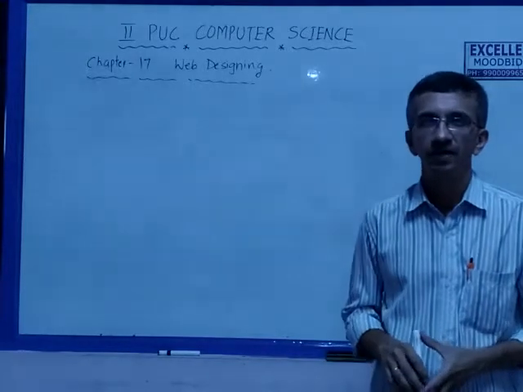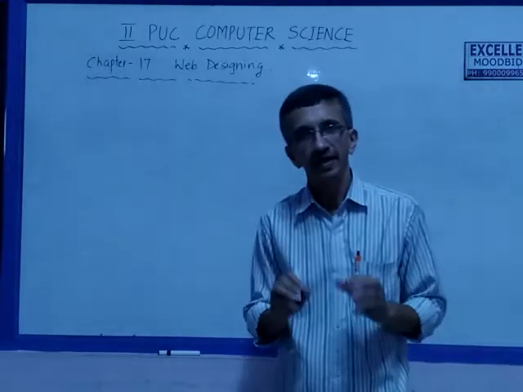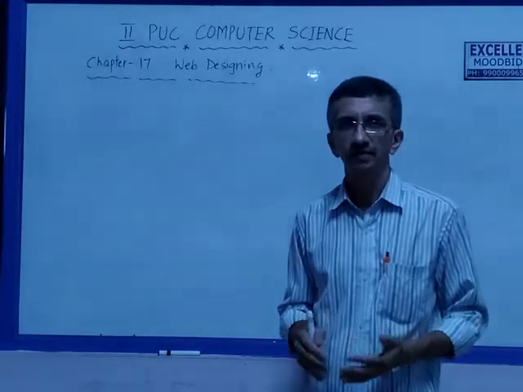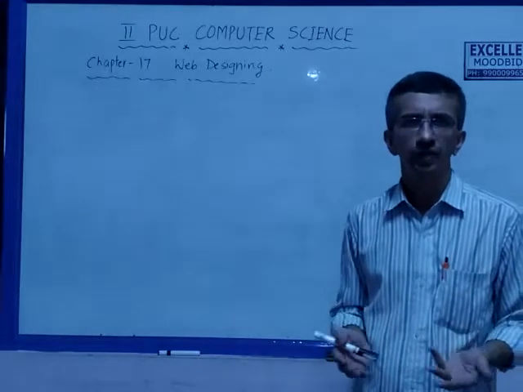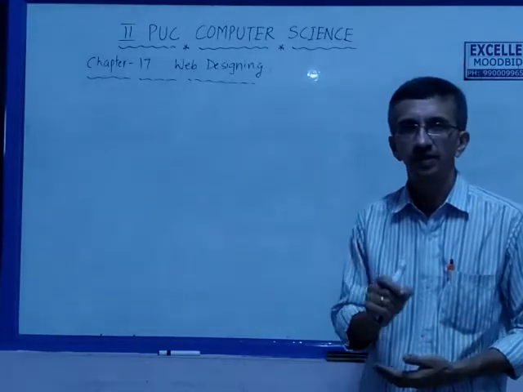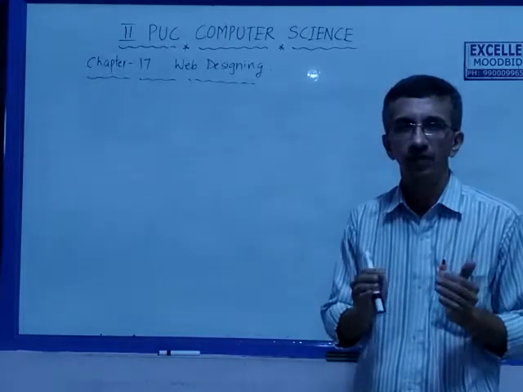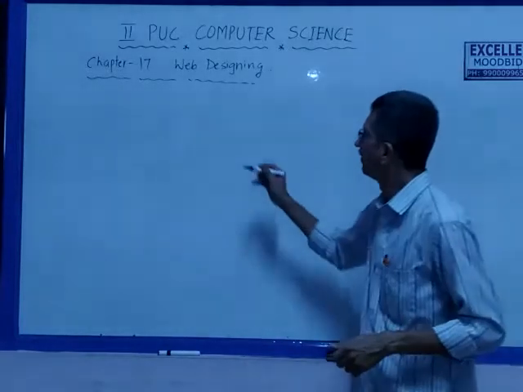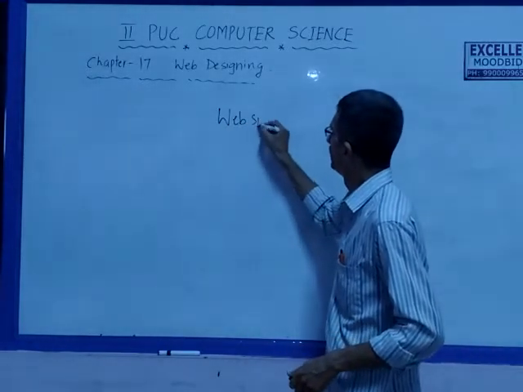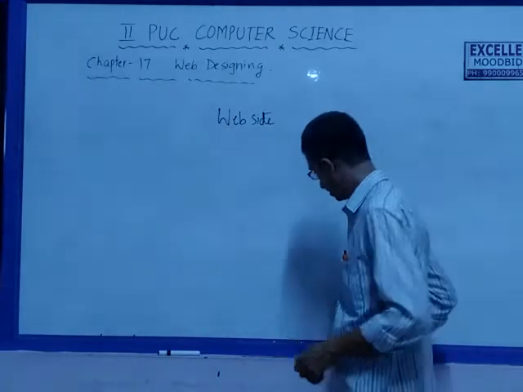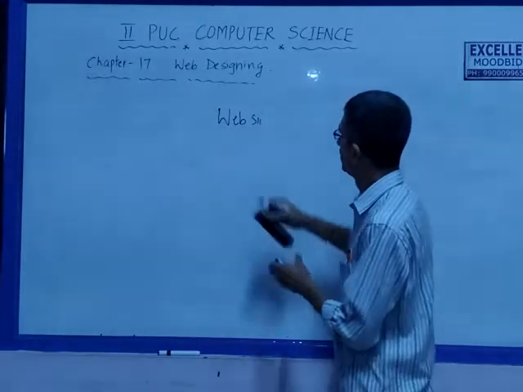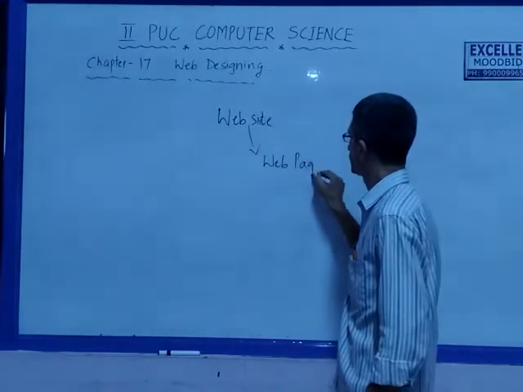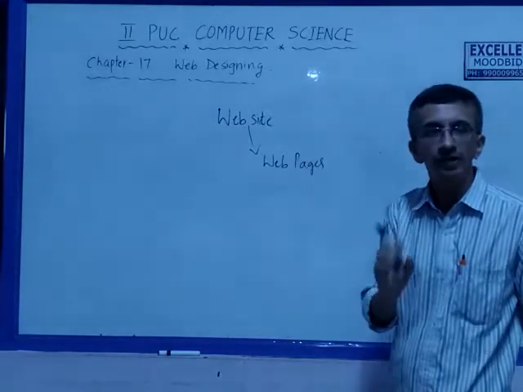So any website which gives some information regarding any entity, maybe an institution, a business, or an organization, government, private, individual, personal, so many websites. Each website has the collection of all the data and information in terms of the units of the website, which are called web pages. So a website is a collection of web pages. Web pages are individual units of a website.